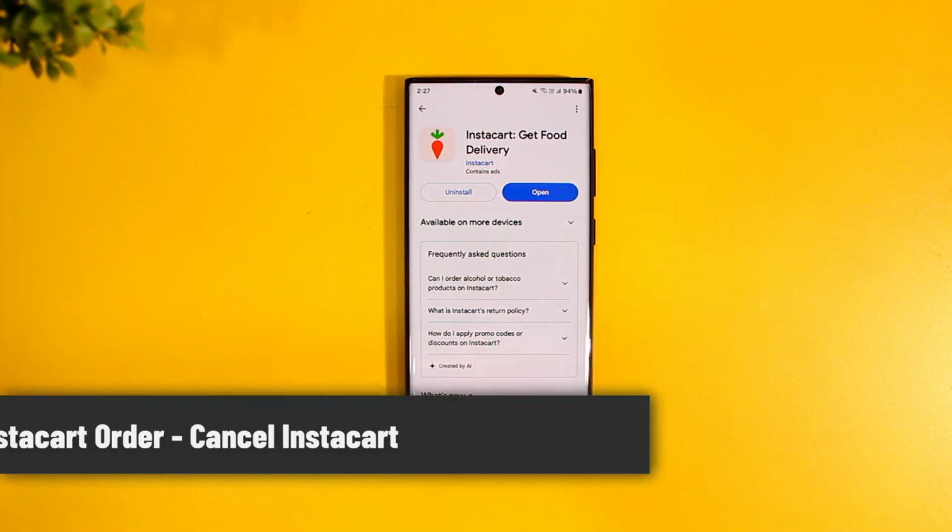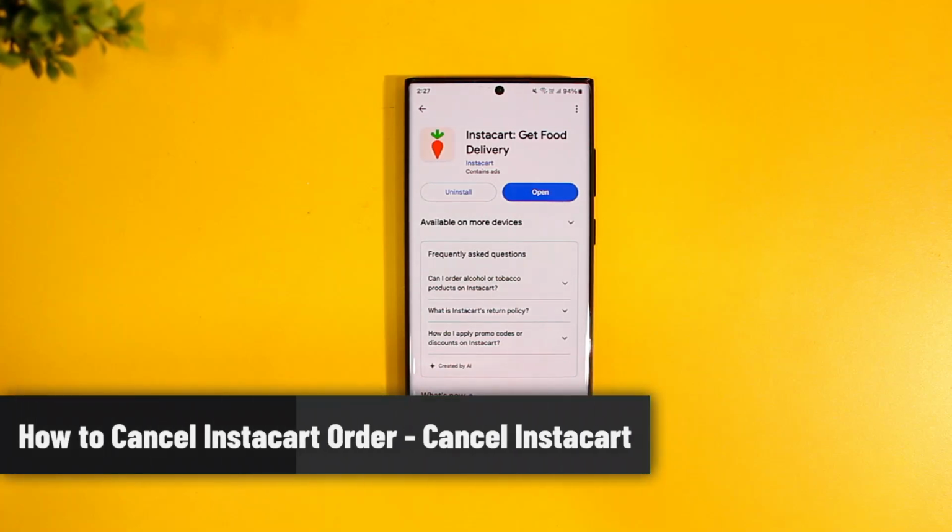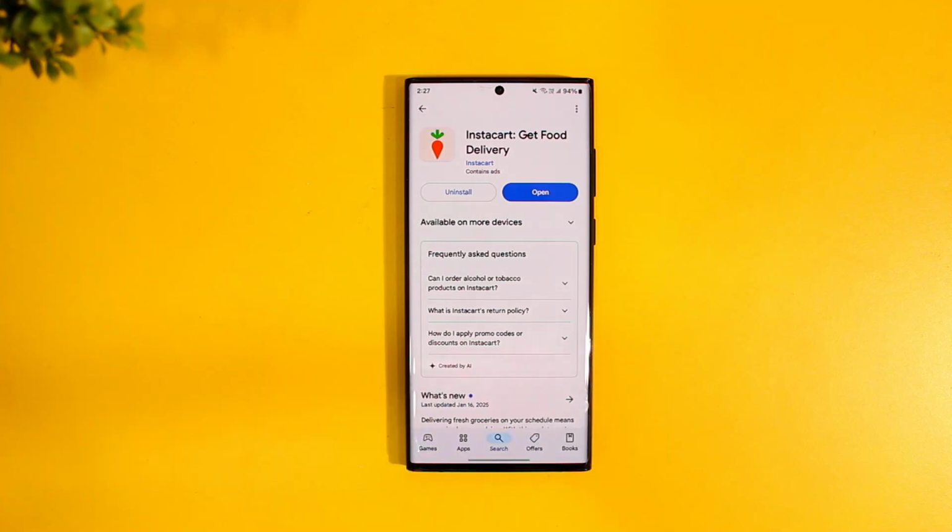How to cancel Instacart order. Cancel Instacart. So if you wish to cancel your Instacart order, it is actually very simple to do so,